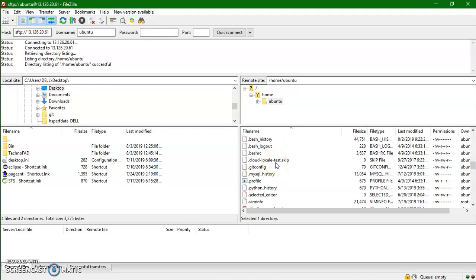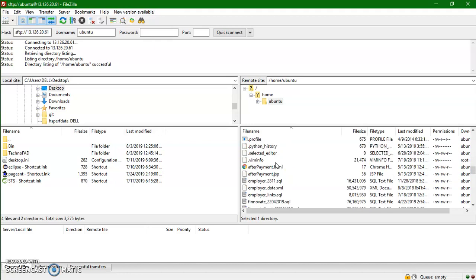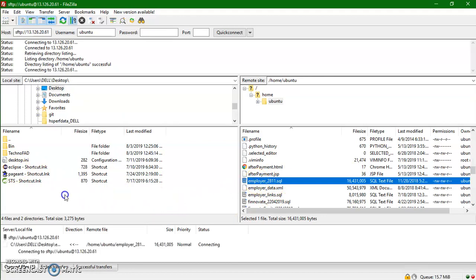Now I can drag and drop any file if I want here. I am at the desktop. From the server, if I want this file, I'll simply drag and drop it here on the desktop.